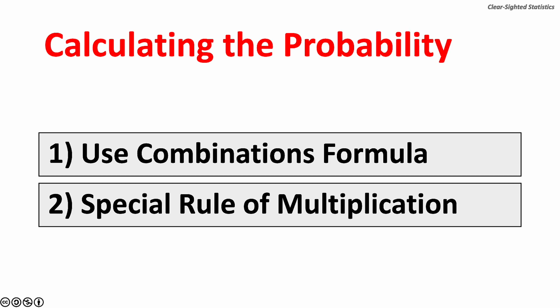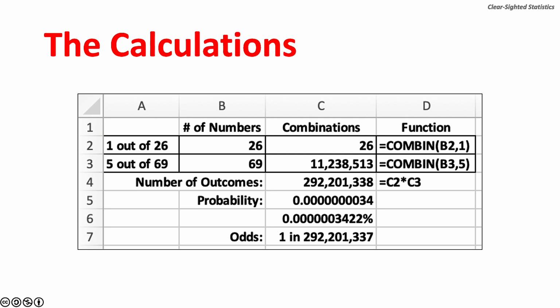There are 2 steps to calculate the probability of winning the grand prize by getting all 6 numbers. Step 1, use the combinations formula. Step 2, use the special rule of multiplication. The combination of 1 item selected from 26 is 26. The combination of 5 items selected from 69 is